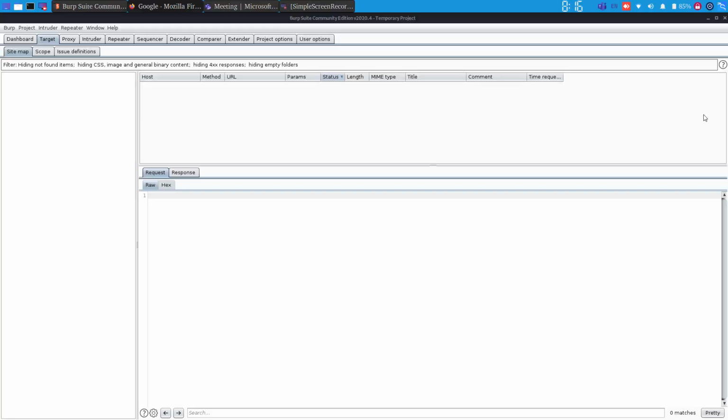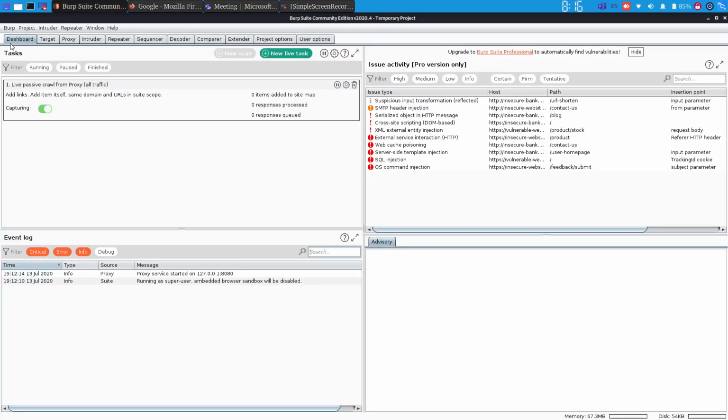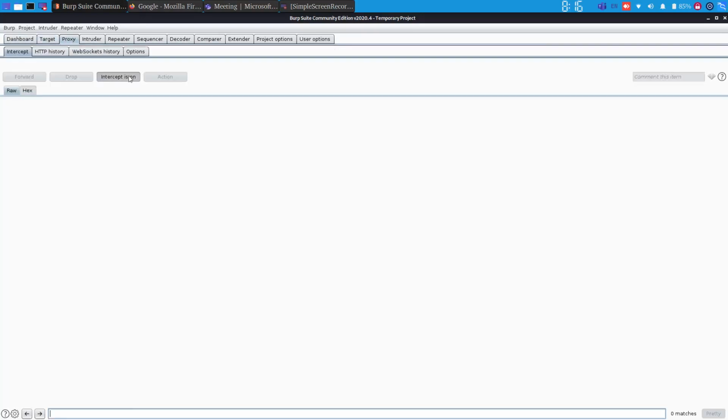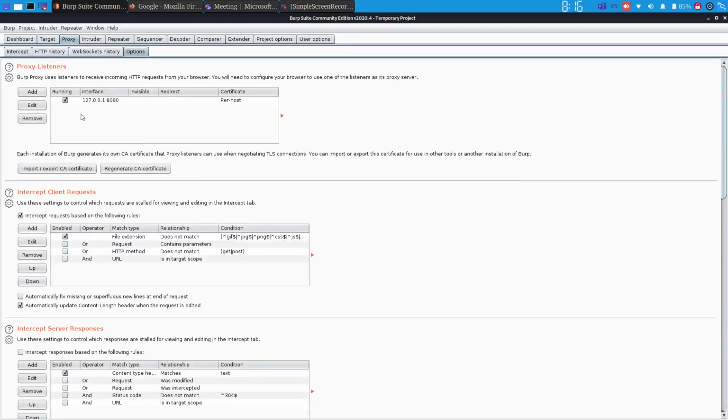Okay, so now I will try to set up Burp Suite. To integrate Burp Suite with our browser, what we need to know is that Burp Suite works at the local host IP address 127.0.0.1 at port 8080.